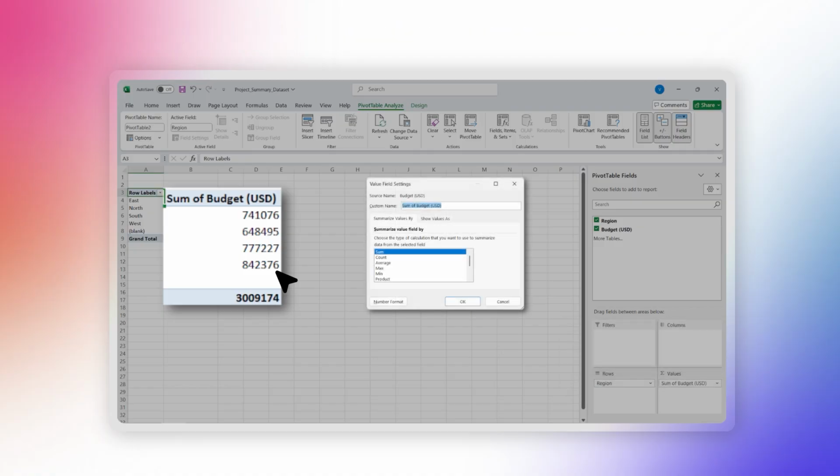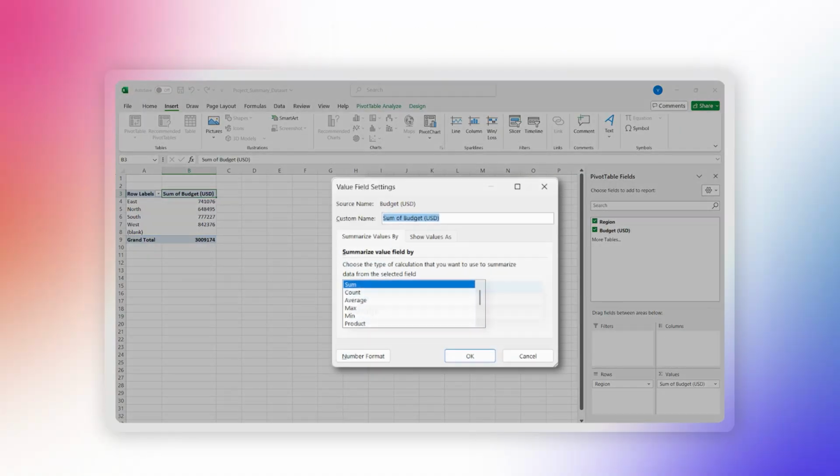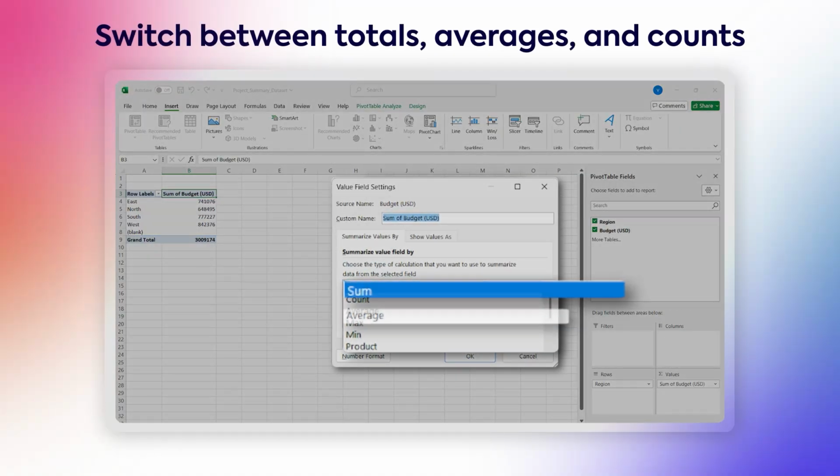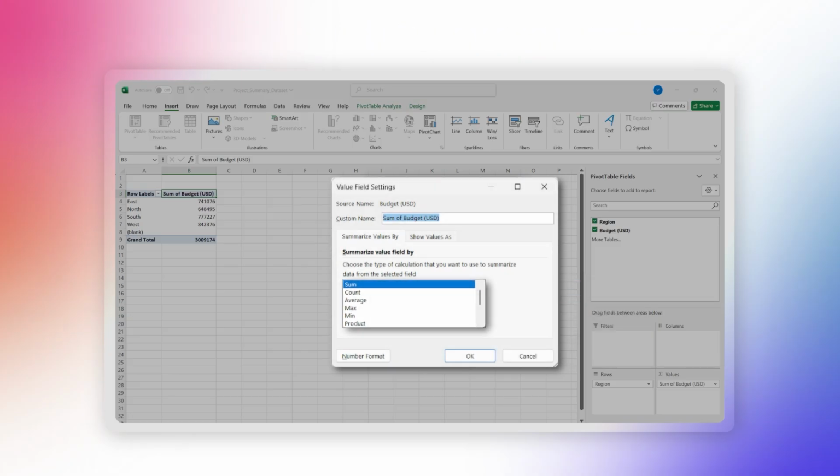Now that your data is summarized, it's time to tweak the layout and calculations. This is where your data starts making sense. You can switch between totals, averages, and counts, or add calculated fields for extra insights. At this point, the structure is solid, but if you want to take things up a notch, you can highlight